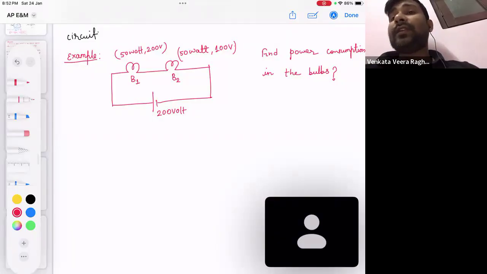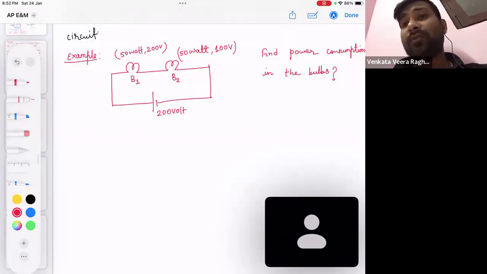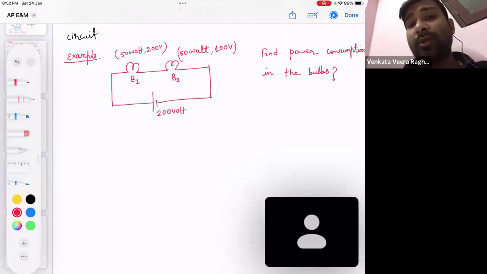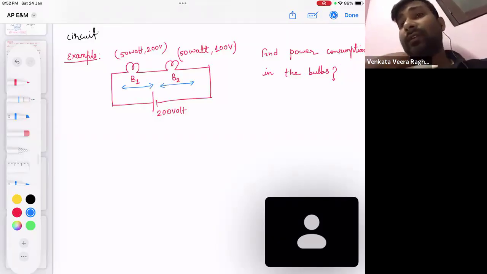Because bulb 1 will consume power of 50 watts only if it is connected across 200 volts. But do we know the voltage across this bulb? No, we don't know. What is the voltage across this bulb? We don't know. So if we don't know the voltage, how can I find out the power? Okay, so what I will do first,